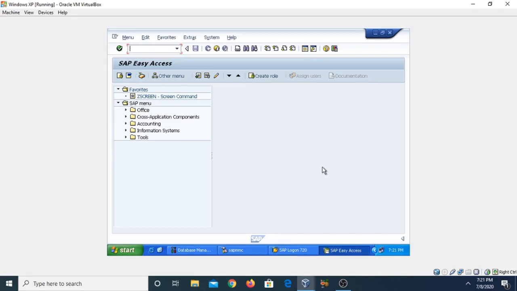Now come to the practical part of implementing global classes using SE24, or you can also create global classes using the object navigator. As I have already told you about the class, a class is generally composed of two things. The first one is your attributes and the second is your methods.